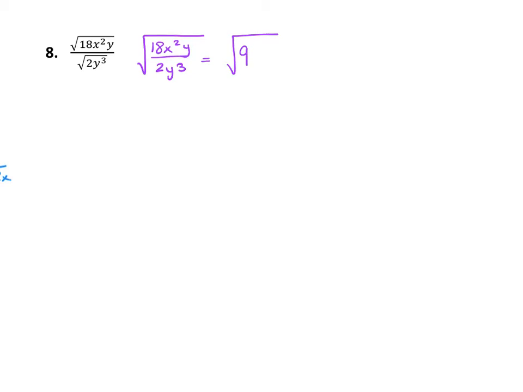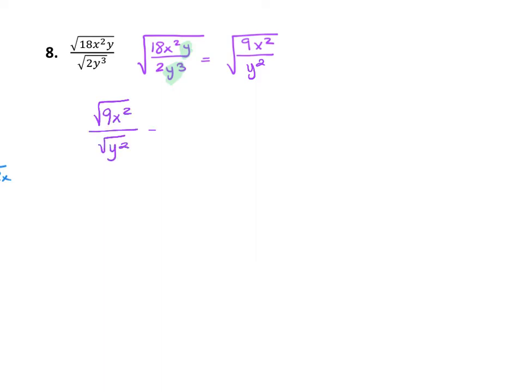I'm actually still going to have a fraction, so I wrote that 9 a little big. So 9 on top, x squared also on top. Now with my y's, I have 1 y on top and 3 y's on the bottom, so I'm going to be left with 2 y's in the bottom. Now, I could simplify this the way it is, but sometimes I think it helps to just split it back